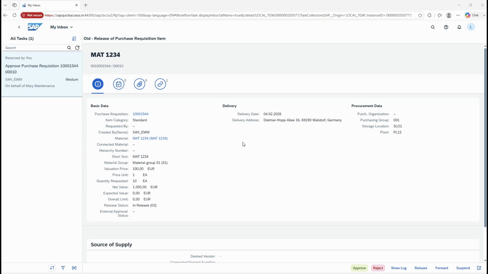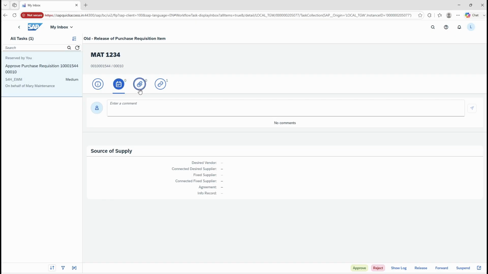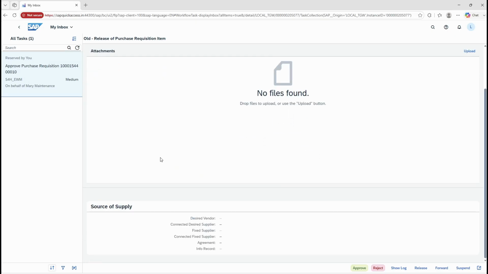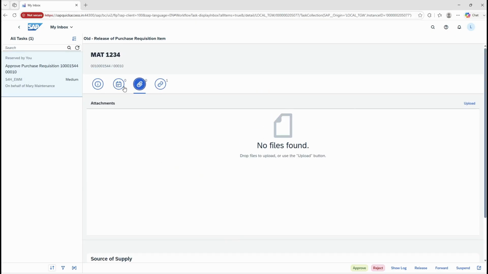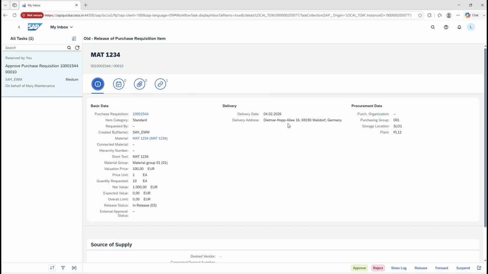You have here all the item details, and you can also enter a comment, see any attachments if the PR has one. So it's very user friendly. So Fiori provides a much better user experience with built-in notifications, inbox integration, and a mobile-friendly approval app, making it easier for managers to review and approve requests from anywhere, while GUI relies on the transaction